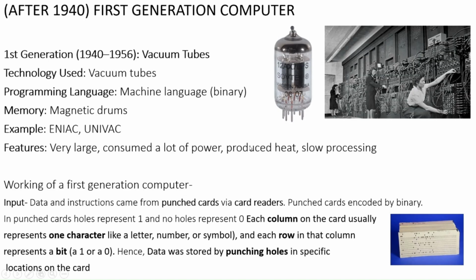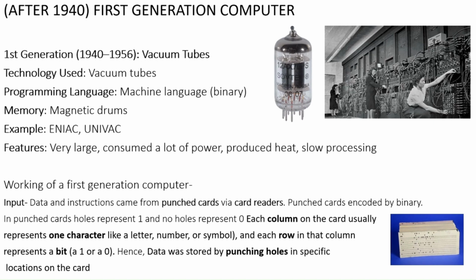Moving forward, we have another topic: first generation of computers. The advancement in first generation computers only occurred with the help of vacuum tubes. Without vacuum tubes, it is nearly impossible to create such a heavy device. It's vacuum tubes that help to perform calculations. Vacuum tubes are nothing but devices that allow electricity or electrons to pass through. When the electrons flow, it represents 1, and when they are not allowed to flow, it represents 0. This basic device helps to form complex logic gates which are used to do calculation and